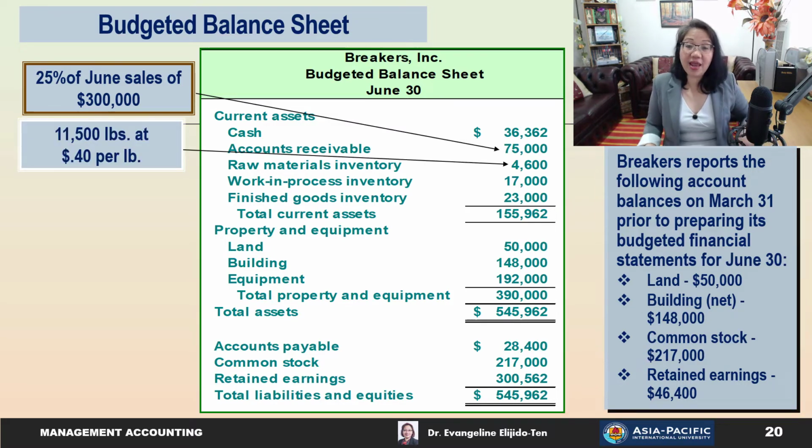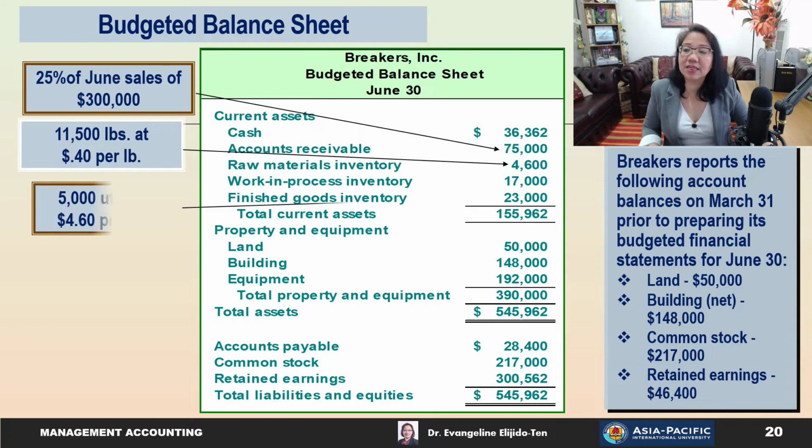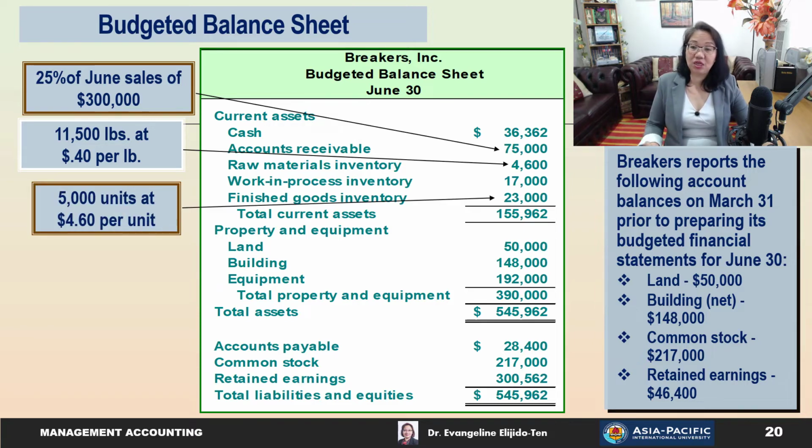We will find the raw materials inventory, the work in process inventory, and the finished goods inventory from the cost of goods manufactured and the cost of goods sold schedules. So once you've totaled that up, you can actually calculate that total current assets is